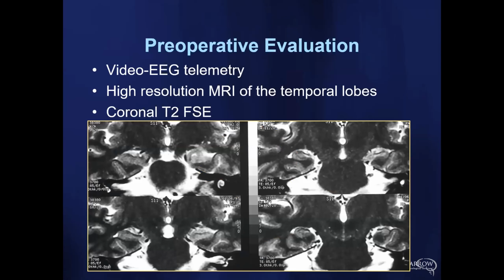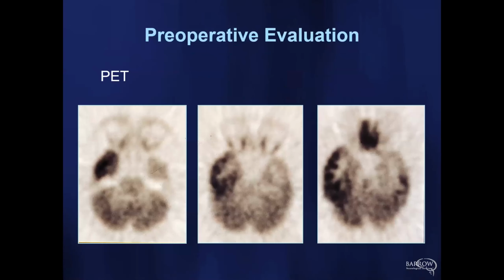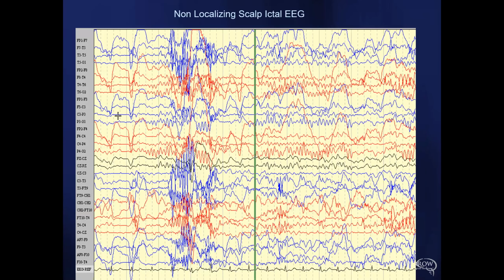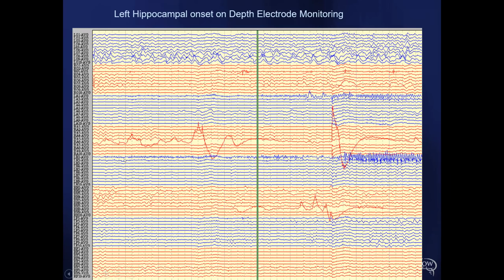So again, a typical patient with a mesial temporal lobe that is sclerotic and really quite different than the other side. And you ought to have, obviously, the workup to make sure that they don't have bilateral seizures and all of that. It's really important. And then if you have a PET scan that shows that as well, we love that. And then this is showing depth electrodes for patients, showing that the mesial onset seizure is really what's happening. And if that's done repeatedly, then the patient's a good candidate.